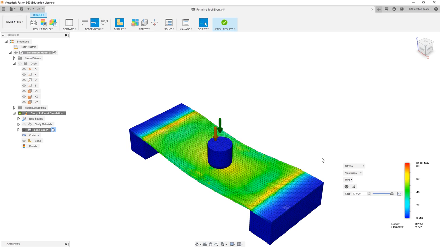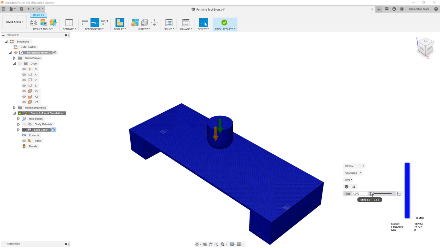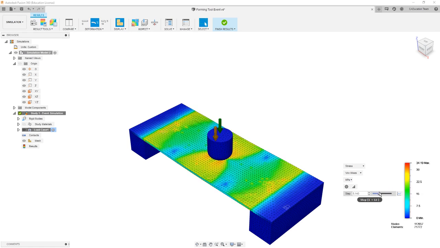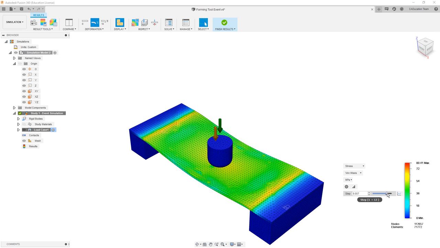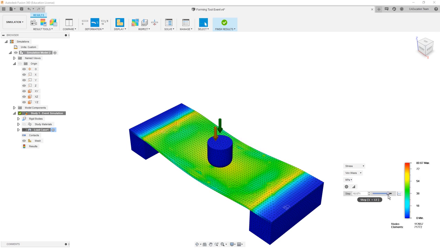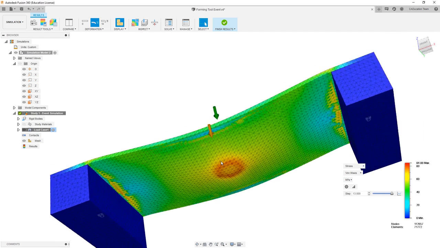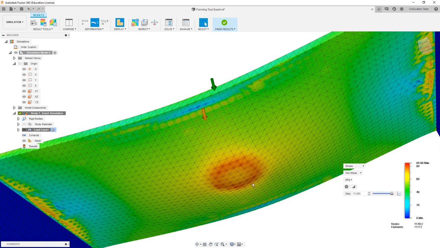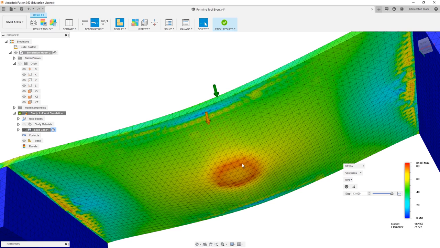So when we're looking at results for an event simulation, we have a slider that is representative of the number of steps we set up in our study. We can use the slider to navigate through the event, and we can see how the bodies are reacting to the forces. In this case, if we go all the way to step 13, we rotate this around, we can see that we have an area of high stress at the bottom of the plate, which is what we would